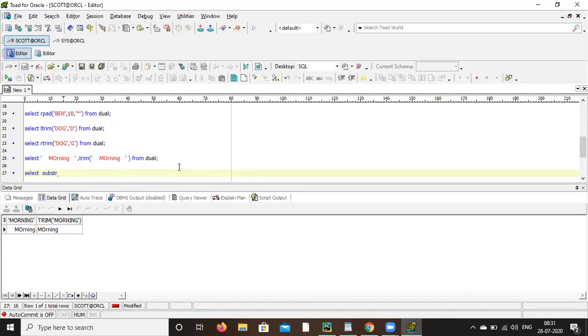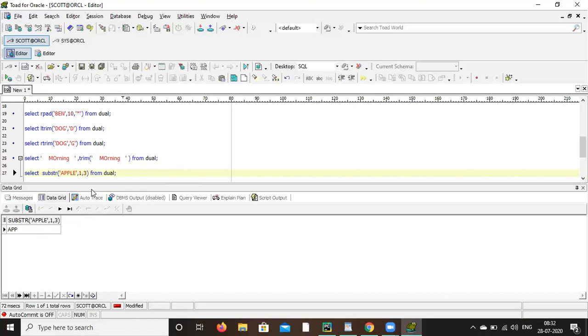Within bracket, give some string, comma 1, 3. Don't forget the single quote. From dual. Okay, so what will happen?